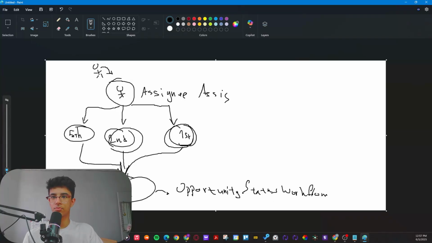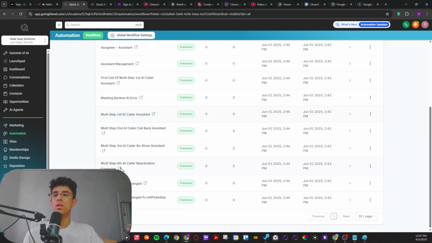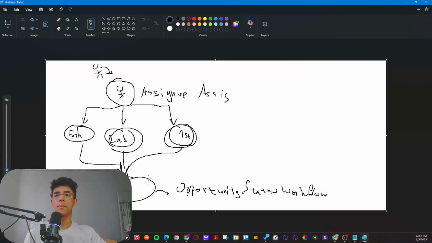Okay, so yeah, this is after the call ends, but according to what happened on the call, the contact is going to enter this workflow, and basically it's going to update the CRM, and what's going to be happening next is dependent on the outcome of the call, which is getting updated from the voice software, which is CloserX. So let's just say that the contact comes here,